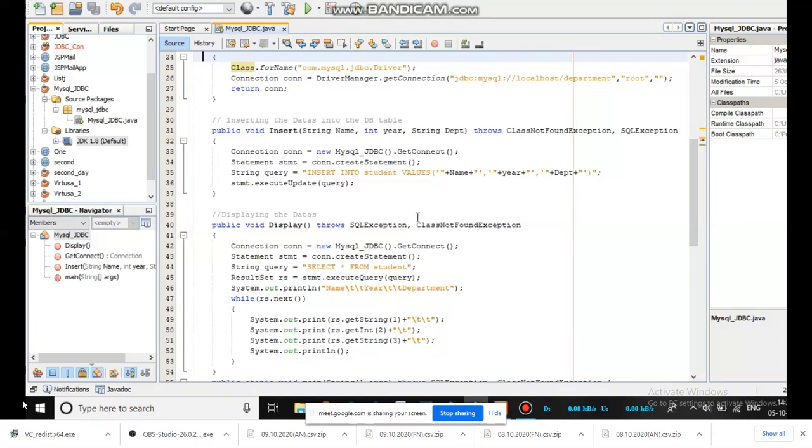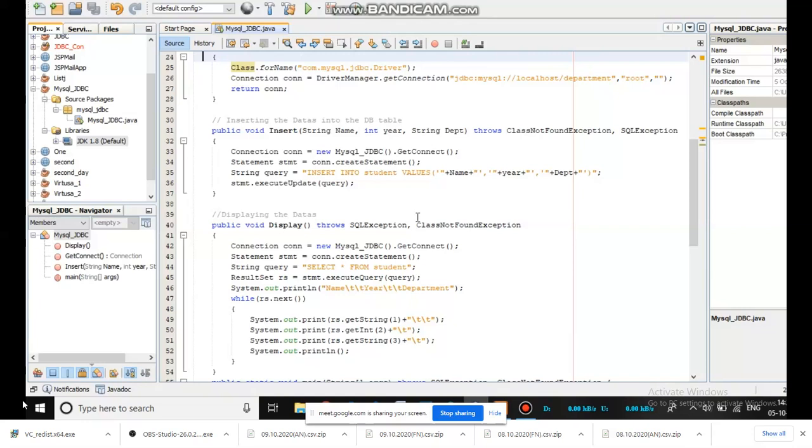Also see the print statements available in the particular code segment. Rs dot get string of 1. Remember that while creating the columns in the table, whichever field data type I have chosen, the corresponding method only you have to give here.